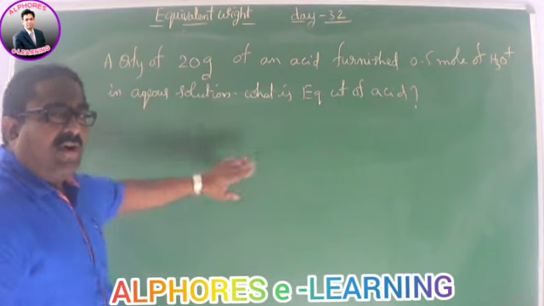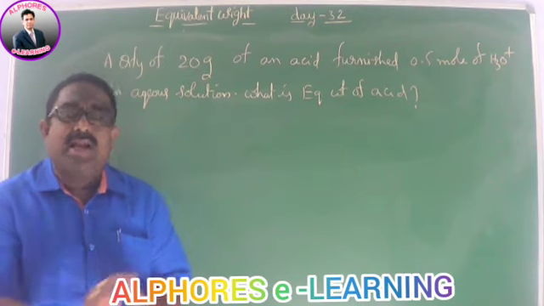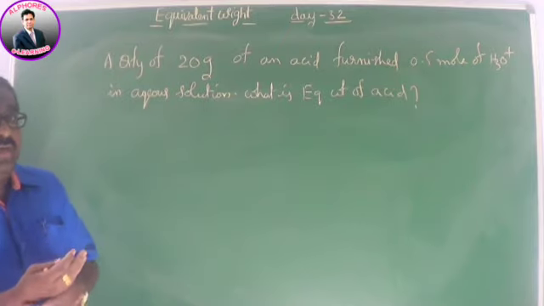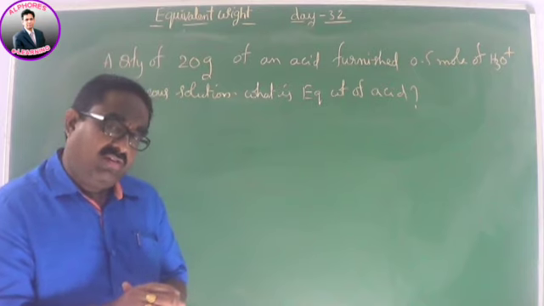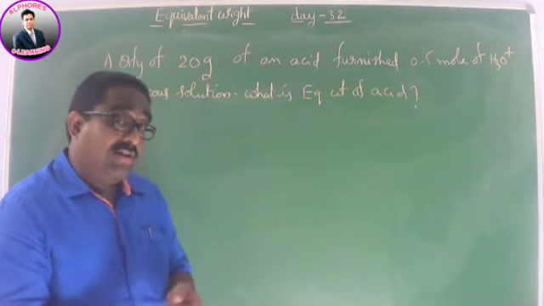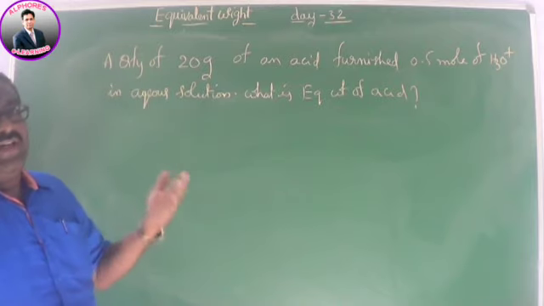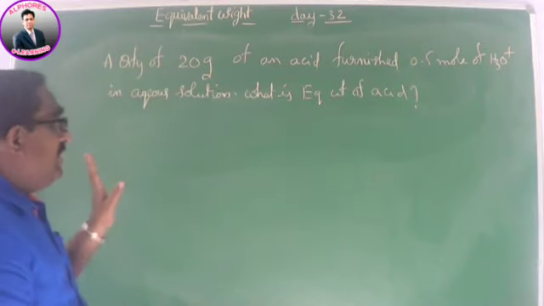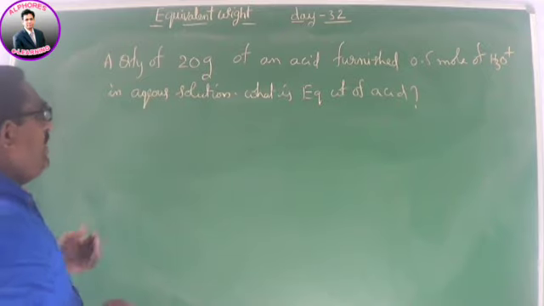It's a very simple question when compared with the previous. Very simple it is. While estimating the equivalent weight of an acid, we have already learned a formula. That is, equivalent weight of acid is equal to formula mass divided by n factor. What is that n factor? Basicity of that acid. What is basicity? The number of H plus ions furnished by one species or one molecule of acid. That's what I am going to apply here. Nothing more than that.